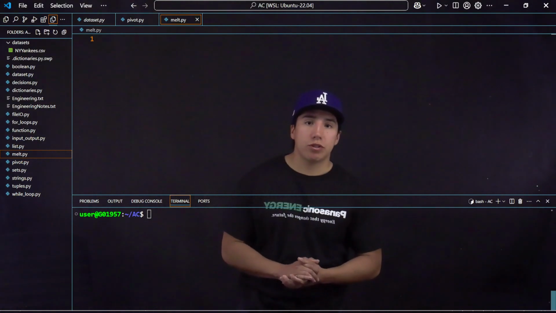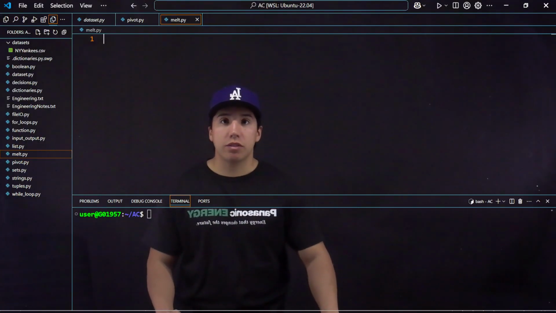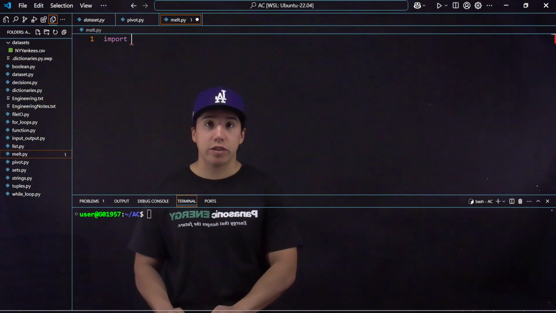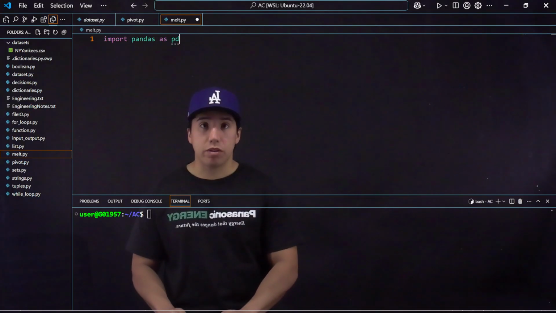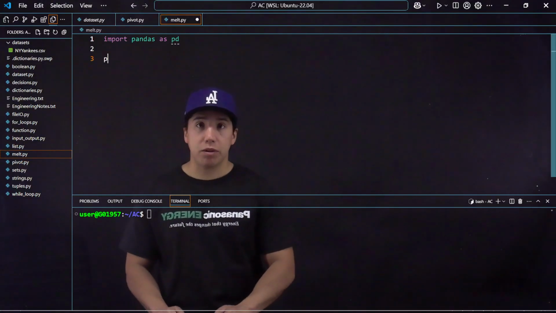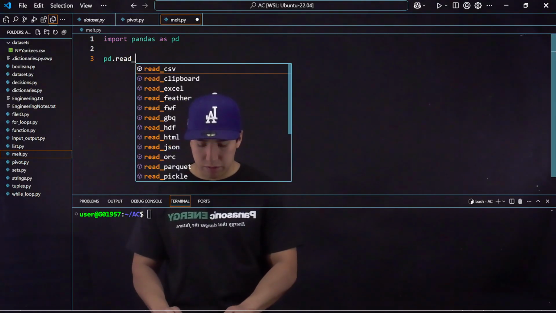So today I want to show you guys another way how to analyze your data. To begin with, let's just import our data, but to do so we have to import the pandas library first. So I imported the pandas library. Next I can actually use the pandas library. I named it pd, so pd.read_csv